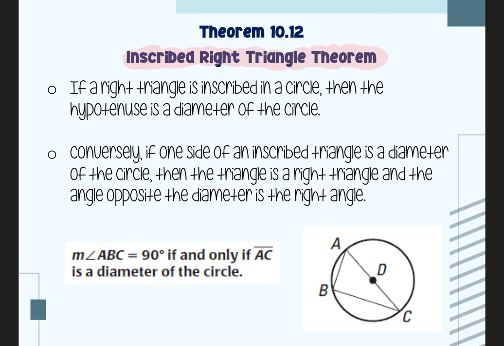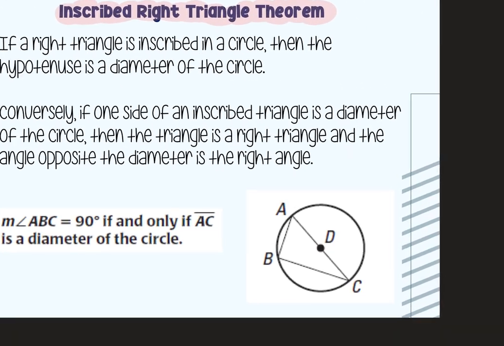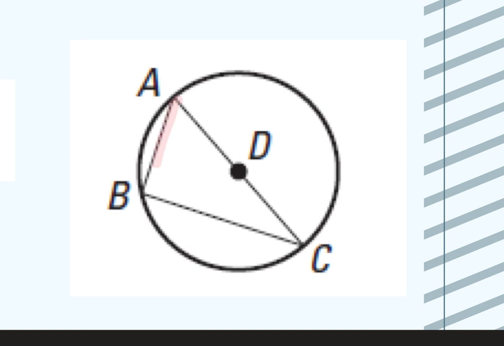So if you look at the diagram, it says if a right triangle is inscribed in a circle. So if I have a triangle, and it is a right triangle, if I didn't know this theorem, and I wanted to find the measure of this arc AC,